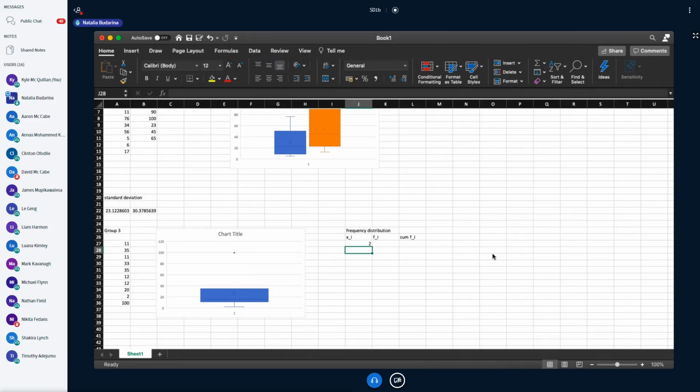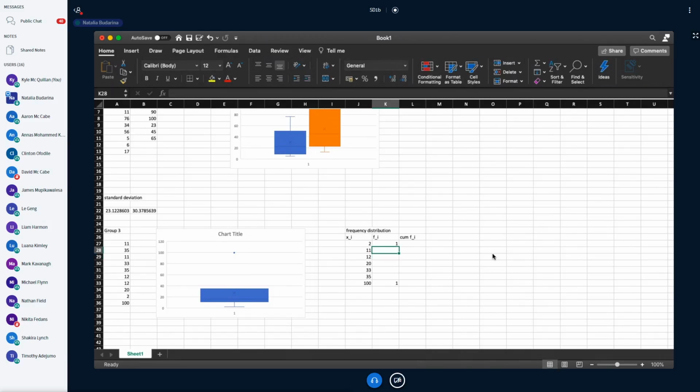Okay, 2, then will be 11, 12, 20, 33, 35, and 100. I assume that this is it. Okay, how many numbers do I have? 1, 2, 3, 4, 5, 6, 7, 8, 9, 10. I have 10 numbers. So the frequency of 2 is 1, 100 is 1,